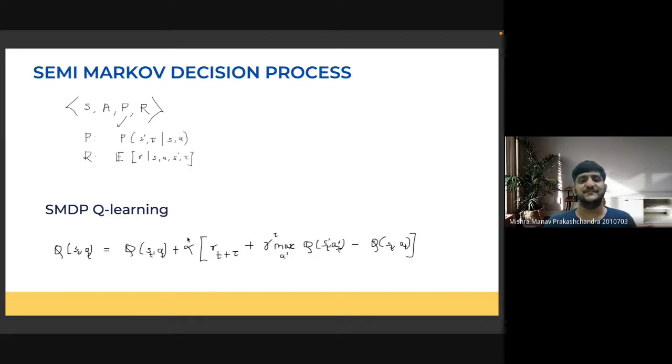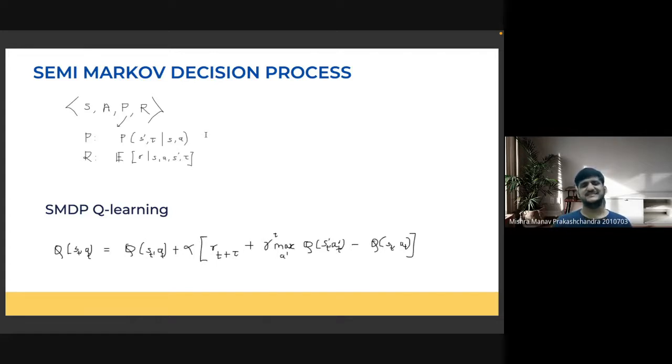And if you were to define this, it's again a four tuple. This consists of the state space, the action space, the transition probability, and the reward definition. Here, in the transition probability, instead of the next state being dependent only on the current state and action, the next state and the time tau are also dependent on the current state I am in and the action that I'm executing.